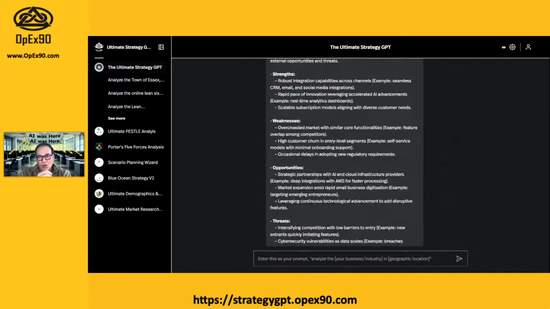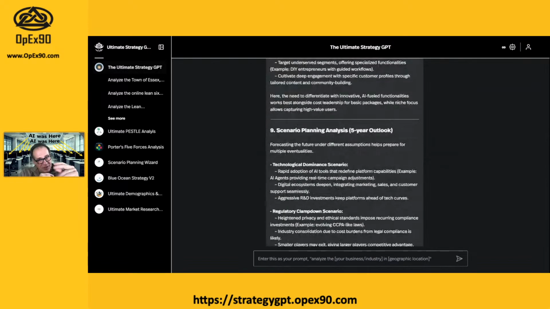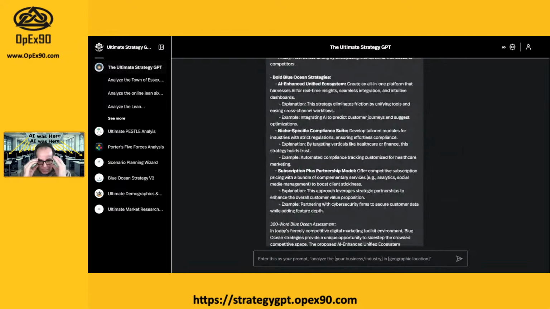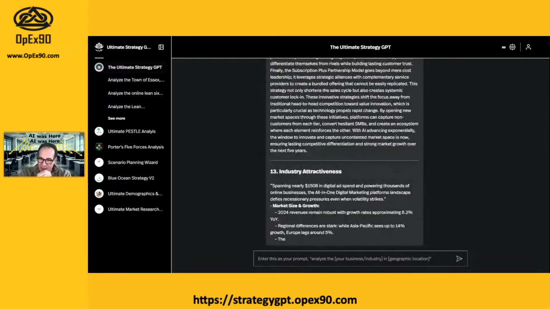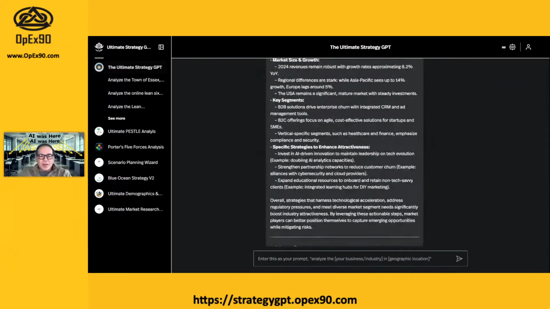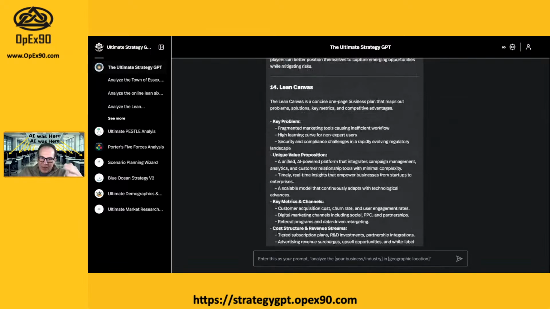So look at the strategy bot here. This one again is not going to have the specificity of what we just created, but it has everything in one prompt. So it's constantly learning. Remember, there is a sequence to doing this strategy work, and having it in the right order is critically important. If you have any questions, just drop them in the chat window.